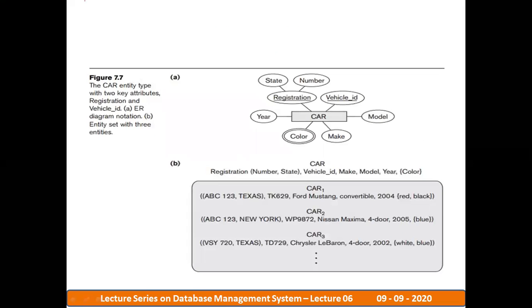Now as you can see, car is an entity type, so it is represented in a rectangular box. Year, registration number, vehicle ID, model, make, and color are the attributes of the car. Here the registration attribute is a composite attribute, because it can be divided into two parts, the state and the number.